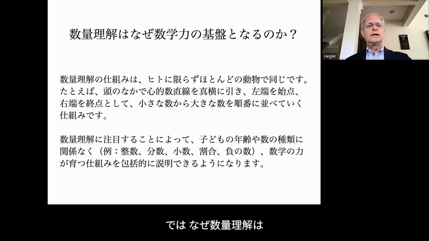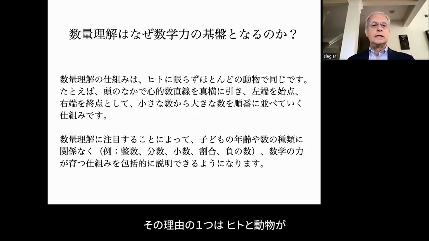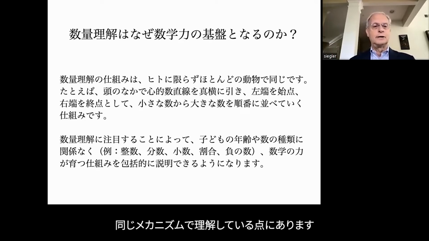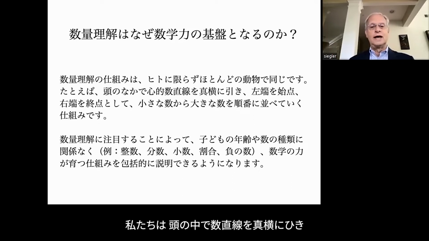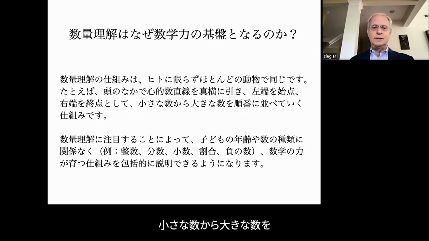So we can ask, why is development of numerical magnitude knowledge a useful unifying theme? One reason is that many species, including people, represent non-symbolic and symbolic numerical magnitudes in similar ways, horizontally on a mental number line, with the left side tending, in almost all cultures and with almost all animals, to have the small end of the numerical continuum and the right side having the larger end.